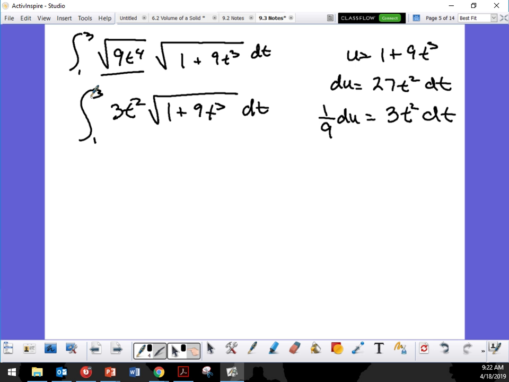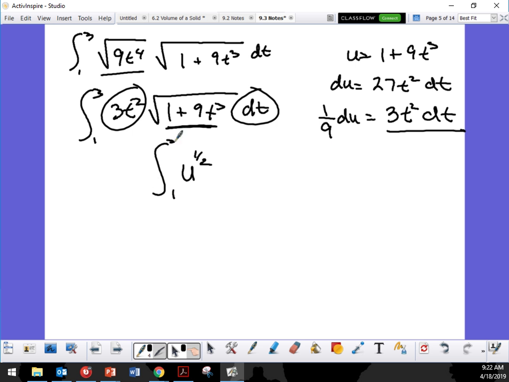Now, by doing what I did, all this right here is going to be my u, right? So that's going to give me my u to the 1/2. But because I did this the way I did over here, I have my 3t squared, which is going to go away with my dt because I have this and this together. I'm going to substitute that with my 1/9 du. So my integration from 1 to 3,